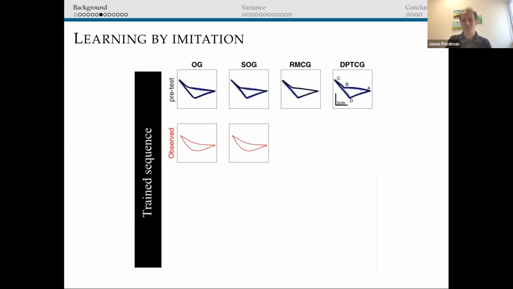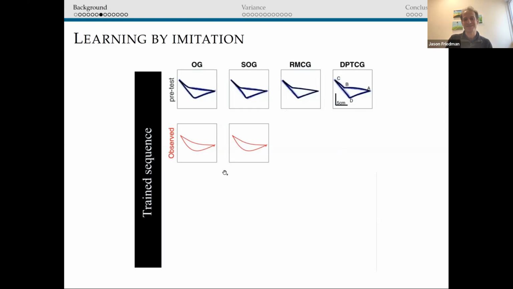So in the pre-test, everyone basically does the same thing. It's a dot-to-dot task, they just join the 4 dots with straight lines. And now I'm going to spoil this task for all of you. None of you will be able to be subjects, unfortunately, in my experiments. So the best way of doing this task, instead of drawing 4 straight lines, is to do 2 curved lines: to go from A through B and not stop at B, but make a curved line through B to C, and then a curved line from C back to A through D. And by making curved lines and not stopping, you're actually able to perform the task faster.